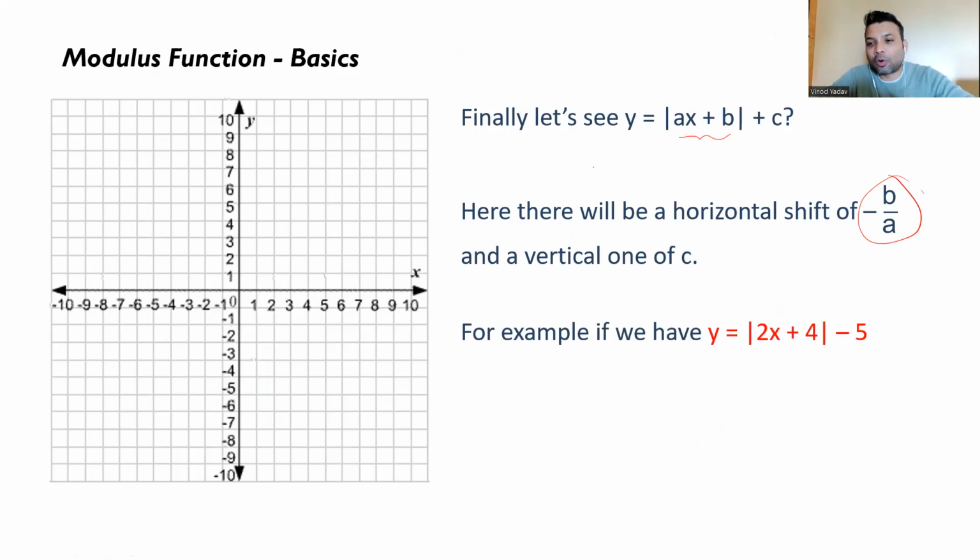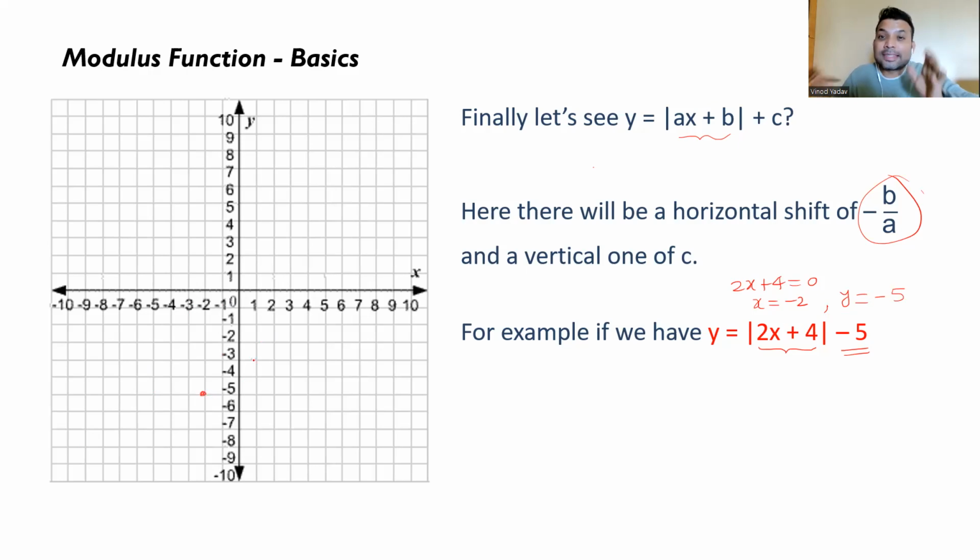For example, mod of 2x plus 4 minus 5. Let's do it quickly. So 2x plus 4 equal to 0. Lowest value is 0 for any mod. So x is equal to minus 4 by 2, so x is equal to minus 2. So when x is minus 2, this whole thing will become 0. So what will remain is minus 5, because at that time, y will be minus 5, or f of minus 2 will be minus 5. Remember f of x? So minus 2 comma minus 5 will be the